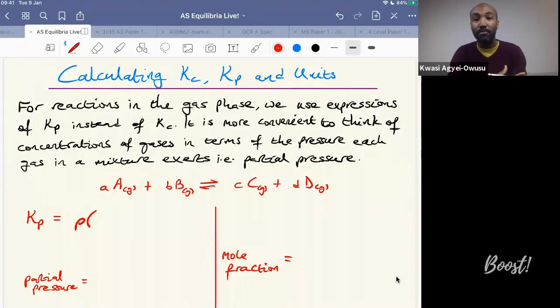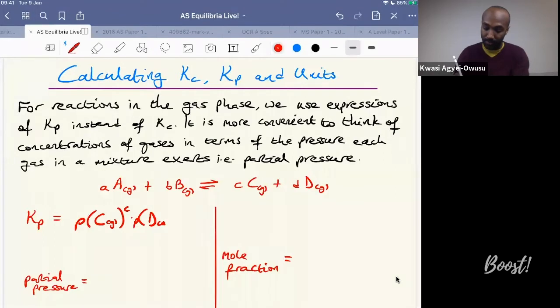Square brackets, remember, refer to concentration. The normal brackets refer to partial pressure. So we're looking at the partial pressure of C, which of course is a gas, raised to the power lowercase c, multiplied by the partial pressure of D, again gaseous D, raised to the power lowercase d,